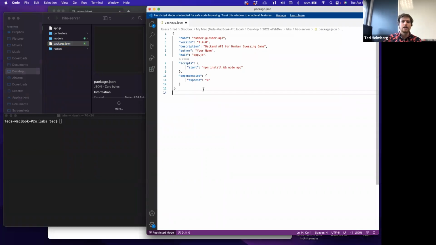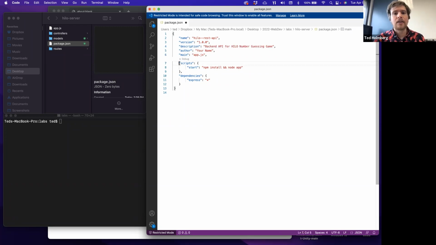So it's again in JSON format. And so we will have a name property, which is the name of our app. Here, I'm going to call this HiLo API. I'll call this REST API. Okay, here I'll give it a version number. I'll give it a description, a backend API for HiLo number guessing game. You put for author whatever your name is here. For main, it's going to be whatever the launch point of your web application is. So for us, we're going to create a JavaScript file that's called app.js, and that'll be our